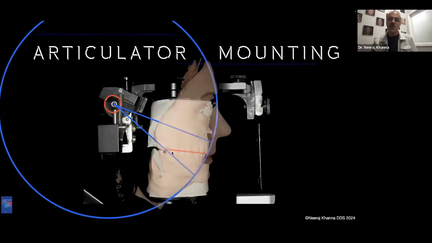And that would explain why the molars are closer together, because they are close to the joint, and the front teeth have to be a little bit longer because we want to make sure that as that mandible closes on the arc, we want to get all the teeth to touch at the same time. And that's why we have a curve of Spee. And I wanted to just explain that to you all so that you understand why it's important to mount models